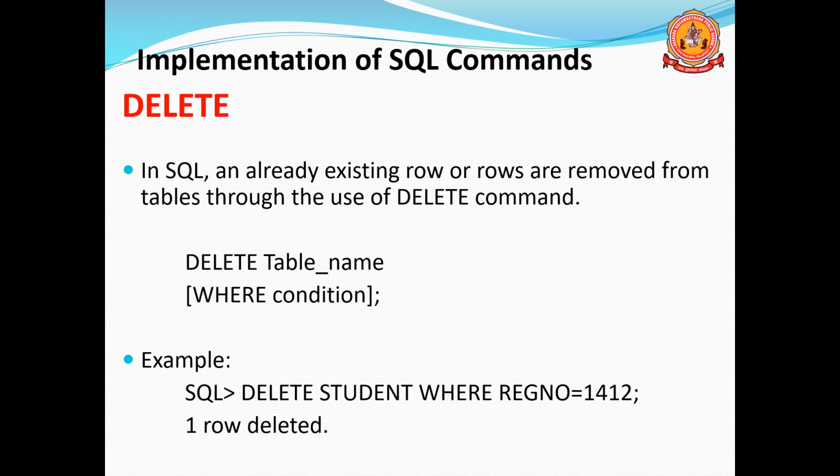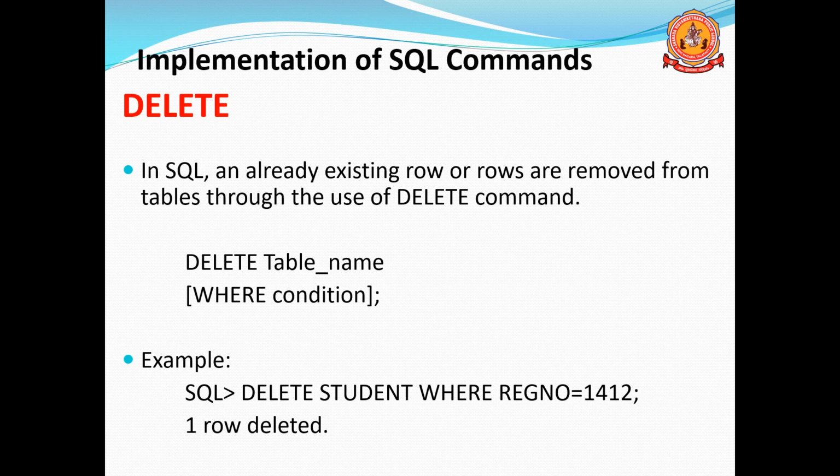But if you use delete, that is deleting the particular row. Whenever rows are there, it's possible to delete the particular row. That is data. Normally the data can be deleted by using the delete command. A table can be deleted by using the drop command. We are removing the table by using the drop command. But if you use the delete command, that will be deleting one row. Normally it is one row, or we can say the table data. Data of the table can be deleted by using the delete command.